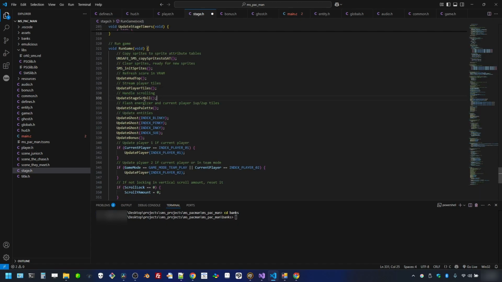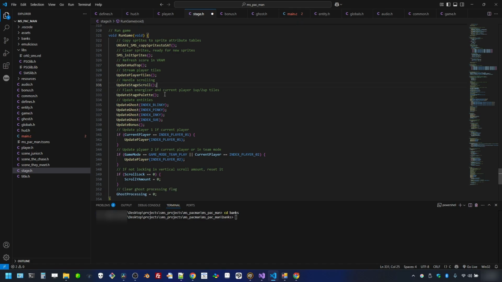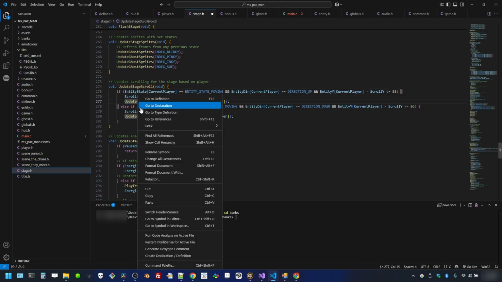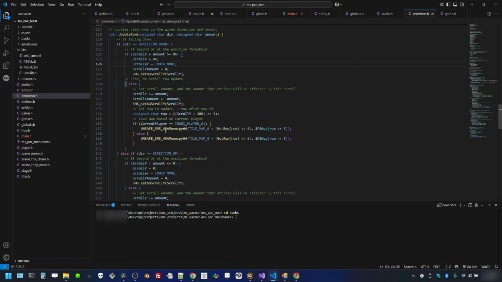So that's why I call it there. And then update stage scroll, which if we go back to that, it's using that update row. And then we go to update row, go to that definition, you can see it's using unsafe. Again, very quick. Probably the quickest you're going to get to blit, or to refresh a row of data visually, but it's